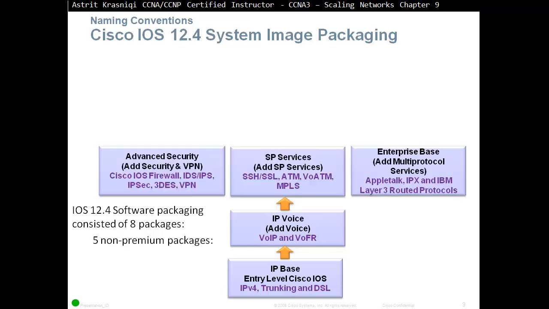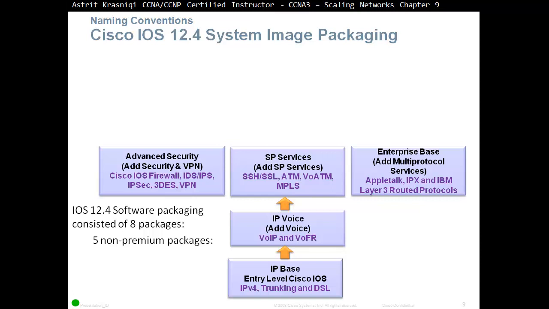Then we can choose Advanced Security, which adds security and VPN, or we can choose SP Services, service provider services, which adds SSH, SSL, ATM, voice over ATM, MPLS, or we can have Enterprise Base, add